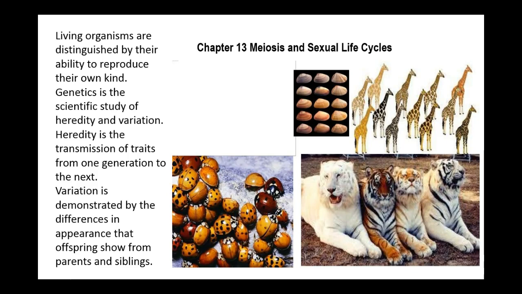organism. And one of the images you have here is the variety that is created when you have sexual reproduction. Those varieties can be beneficial. Certainly the white tiger, if it's living in a very cold environment where there's a lot of snow, that's a very good thing. But if the white tiger is living in the jungle, not such a good thing. And in terms of the giraffes, that variety with regard to neck length is useful because it opens up different areas that can be eaten.